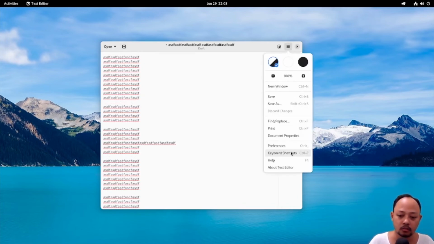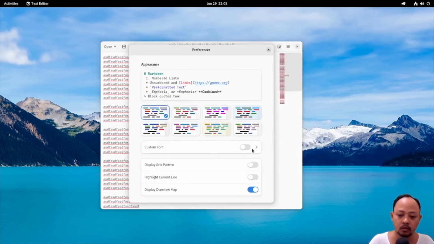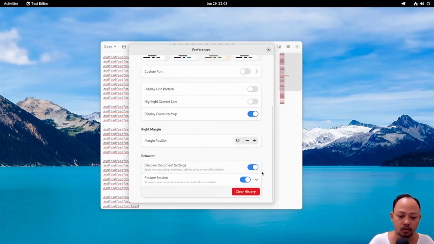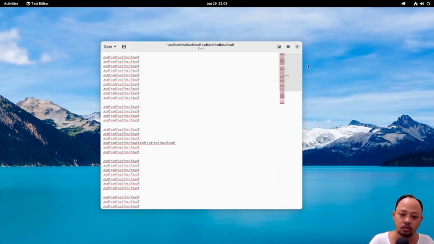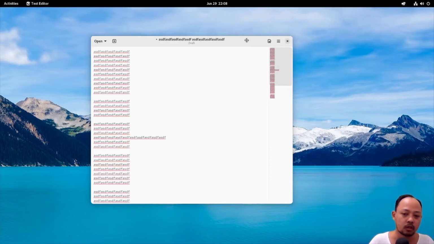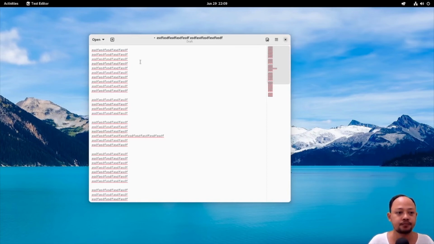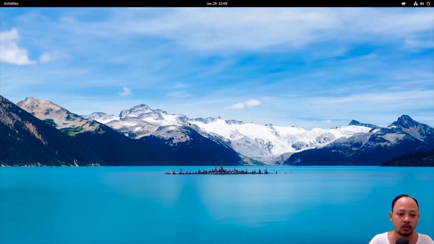text editor, and then what is this? Clear history. Okay, I don't think anything happened in here because I just started using this editor right now. Okay, and then